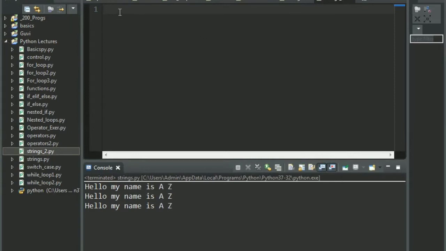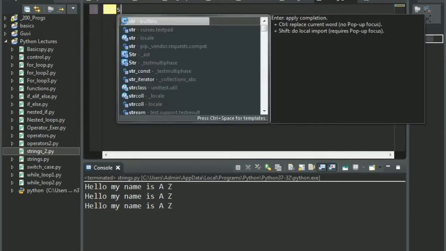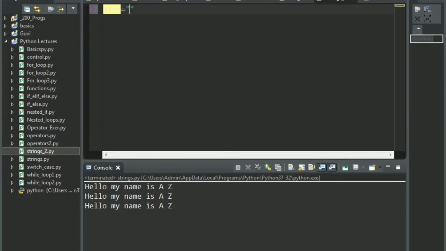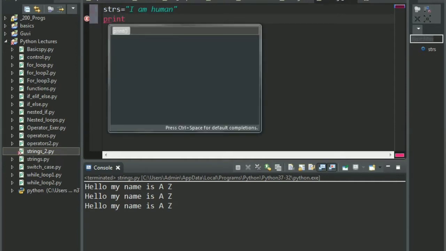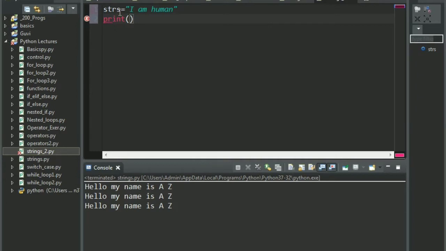Okay, so my string was "I am human", right? str is equal to "I am human". Now I want to exchange the first and the last characters. So I'm just going to print out the statement and we'll go back to our slide and try hand running it and understanding it in detail as to what is going on.